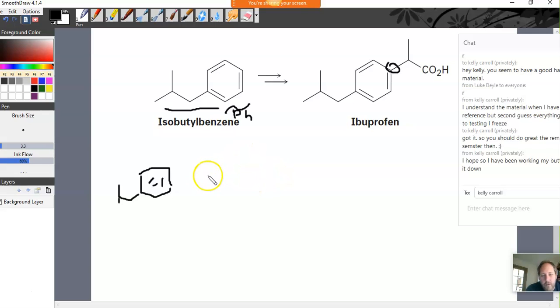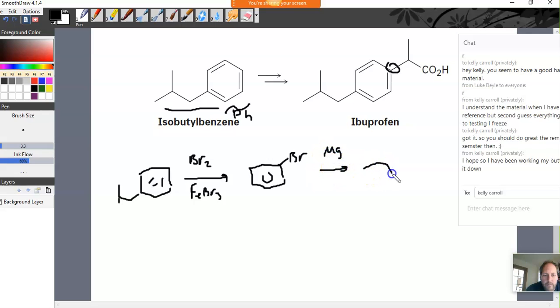There are basically two possible ways to do it. You can either put a bromine on there and then start making Grignards. I'll do that first. So Br2 and then add FeBr3. And basically, I'll just write the aromatic ring. You get a bromine there. All right. And then make it into a Grignard. And then you can add it to a lot of different things, but let's just add it to the methylaldehyde, and you will get